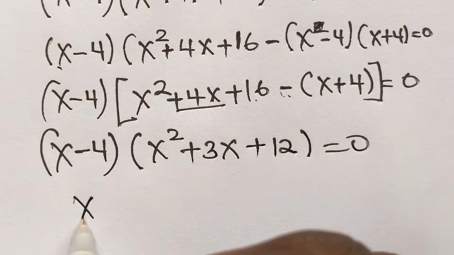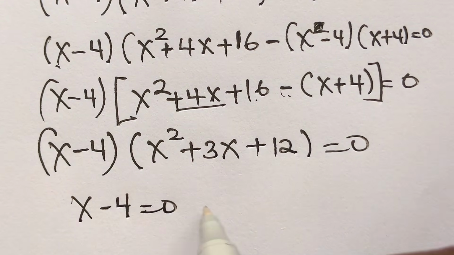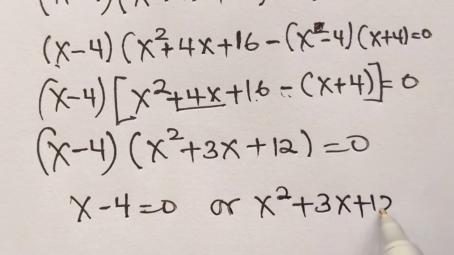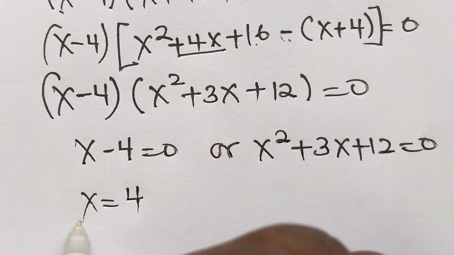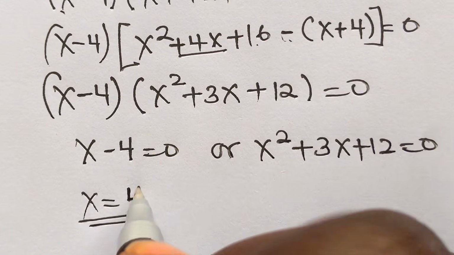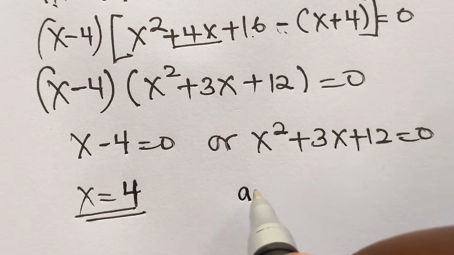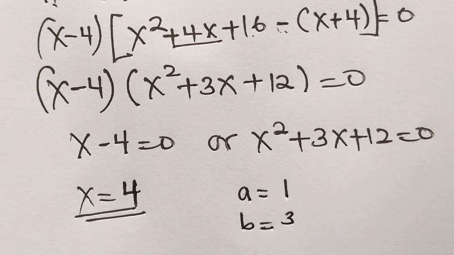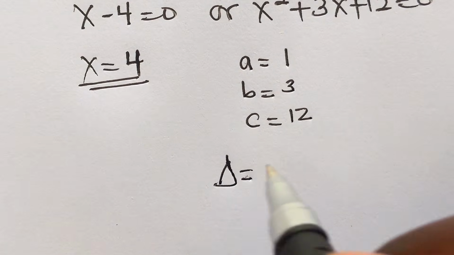Here at this stage we have x minus 4 equals 0, or x squared plus 3x plus 12 equals 0. X will be 4 as the value of a real number, and here you have a quadratic equation. To solve it, a equals 1, b equals 3, and c equals 12, by finding the discriminant delta,